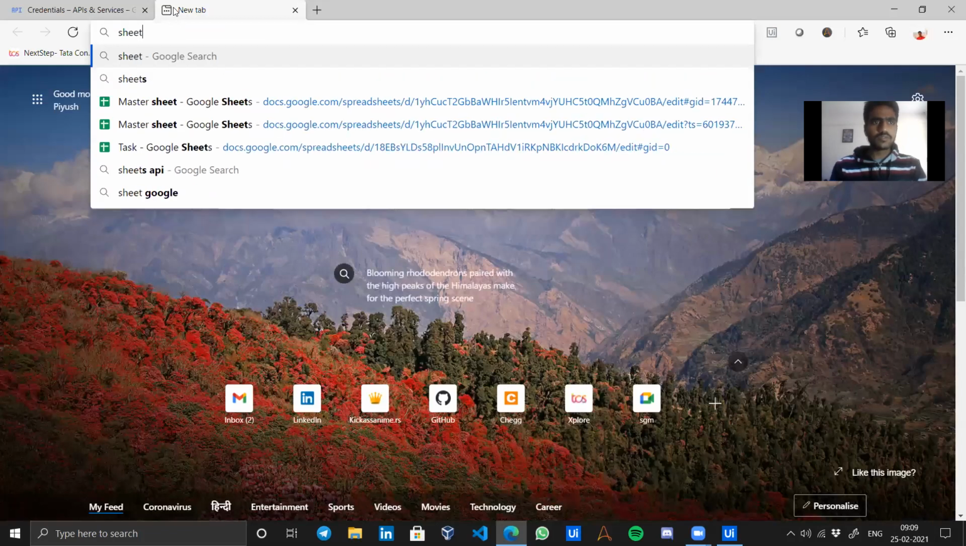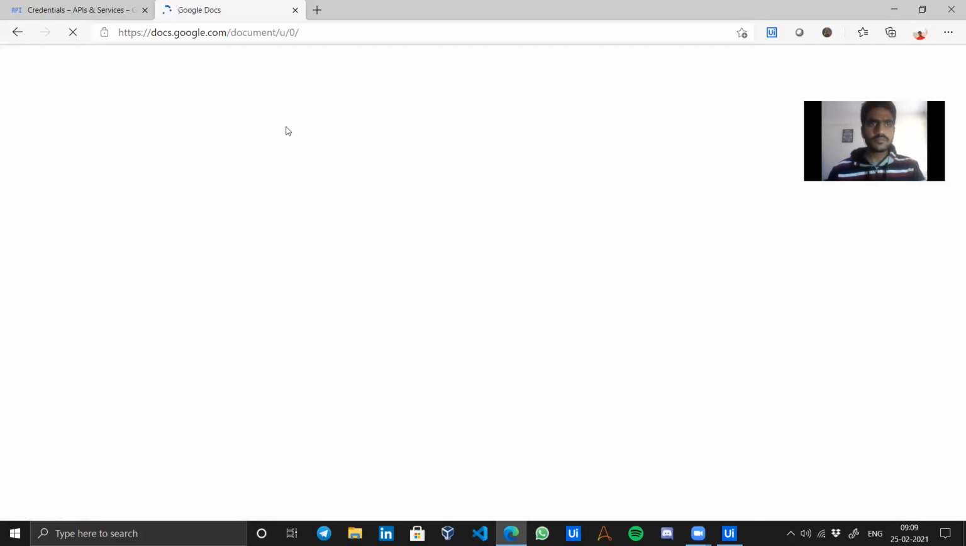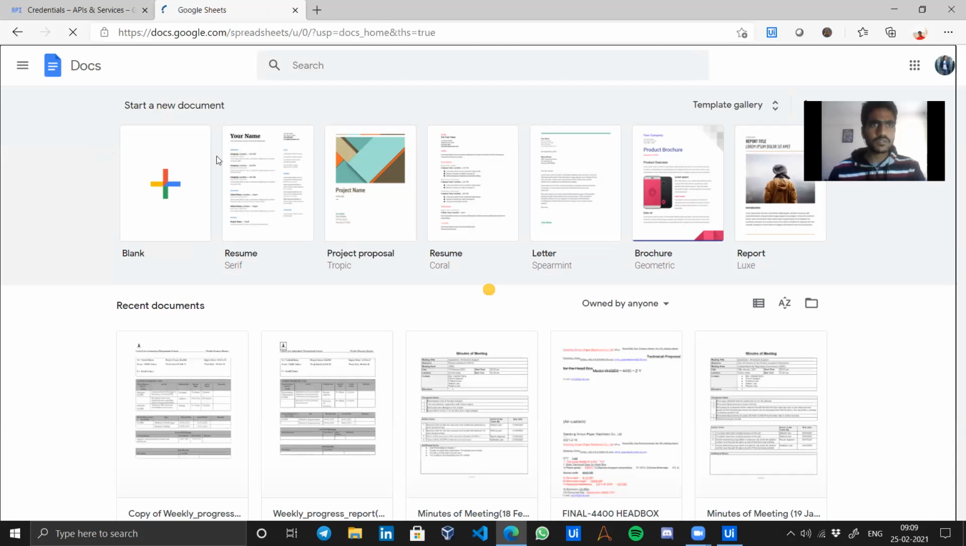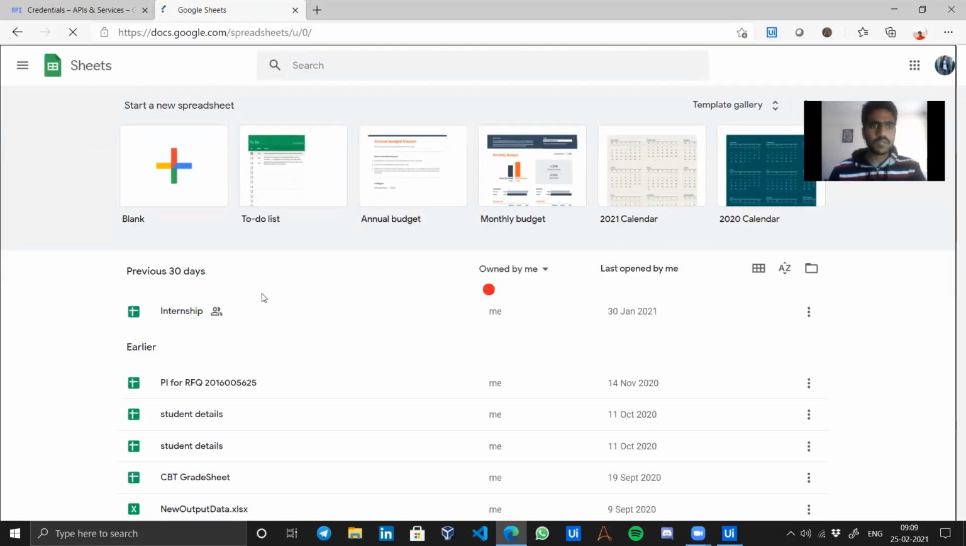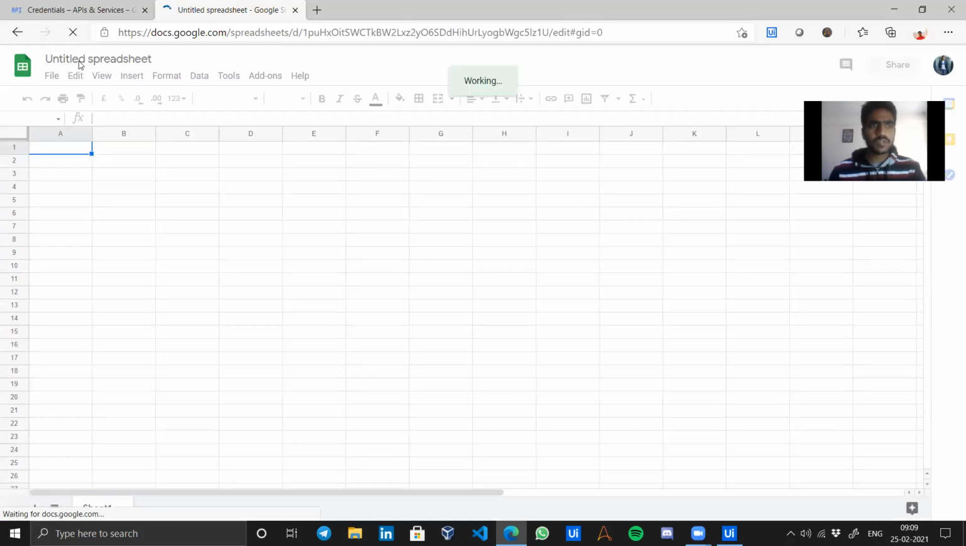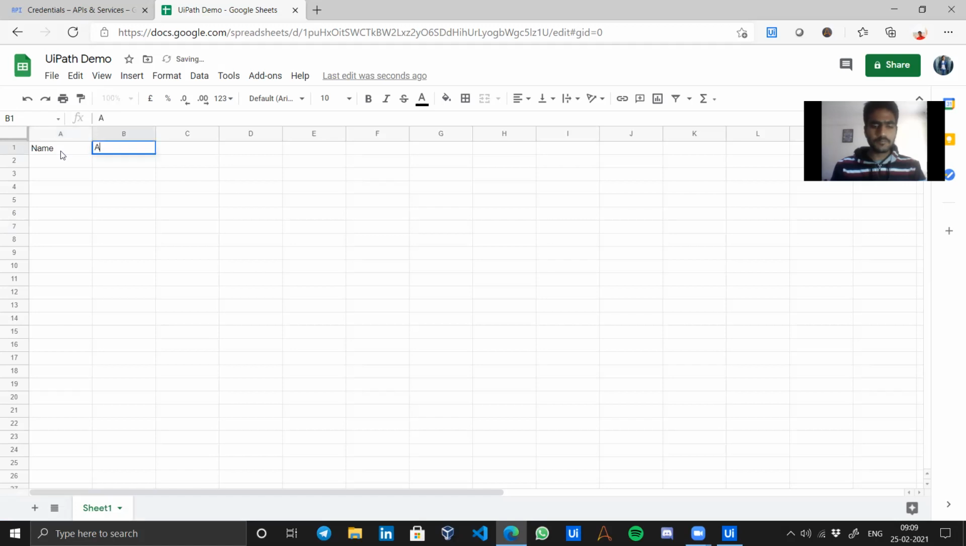So I will go to docs.google.com, and let's go to Sheets and create a blank new sheet. Let's call it UiPath demo. Okay, and I will just name, action, viewers,